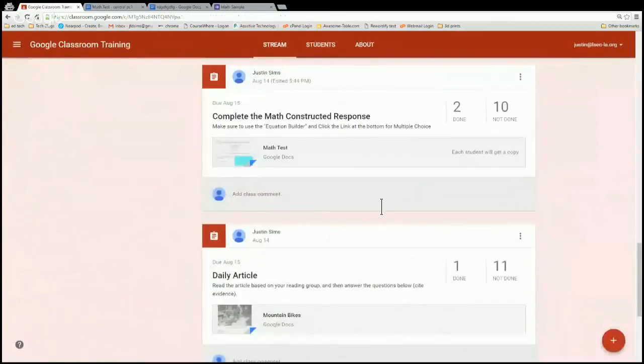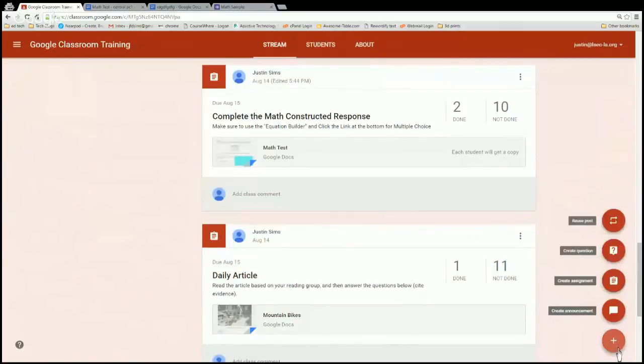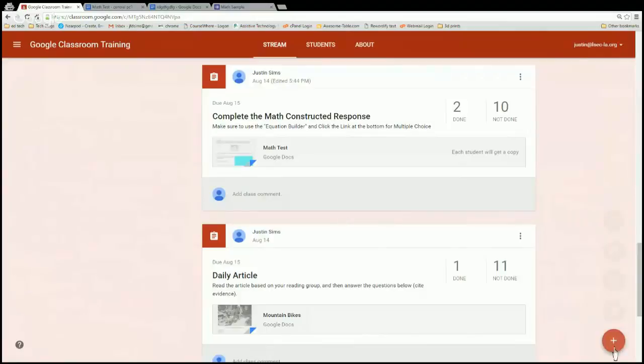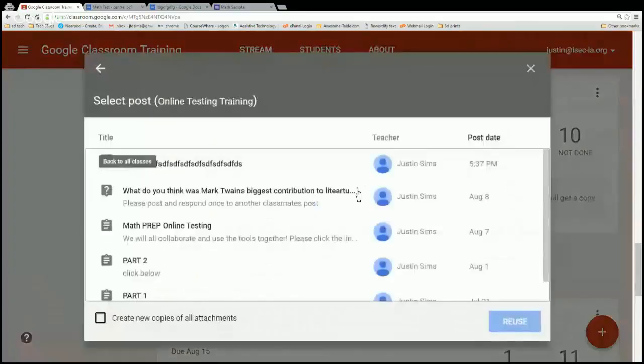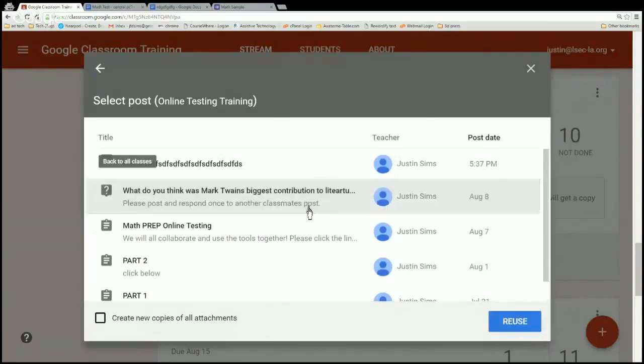Let me show you how to reuse this assignment. The Interver Odyssey here. So if I want to reuse a post, it's the last button right here. Reuse post. Everything I've submitted, I can resubmit, and I can do it for a different class if I want to. I can do it for all classes if I wanted to. Right? What do you think was Mark Twain's biggest contribution to literature? I want to reuse this assignment. So I picked it, reuse,